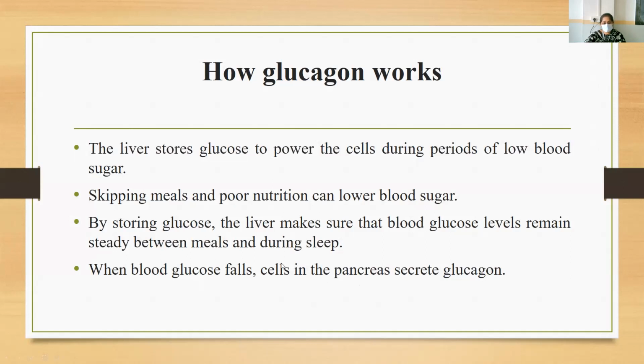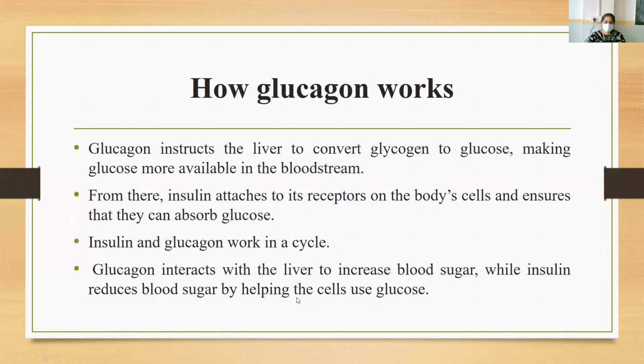Similarly, when blood glucose falls, cells in the pancreas secrete glucagon in order to increase the glucose level. Glucagon instructs the liver to convert glycogen to glucose. The reverse takes place in the case of insulin. Glucagon makes glucose more available in the bloodstream, and from there, insulin attaches it to the receptors. Once glucagon helps in producing glucose in the blood, and that level goes up, insulin action takes